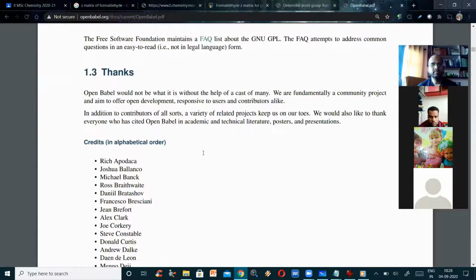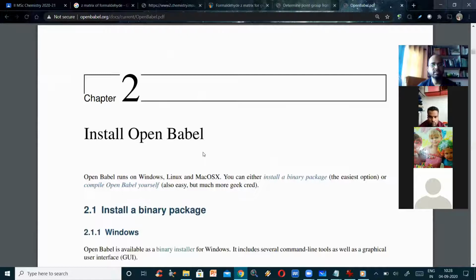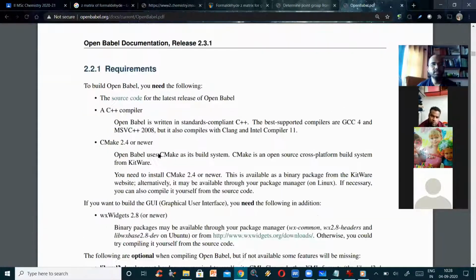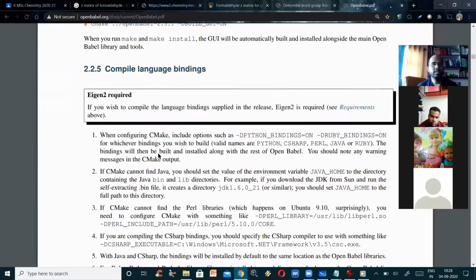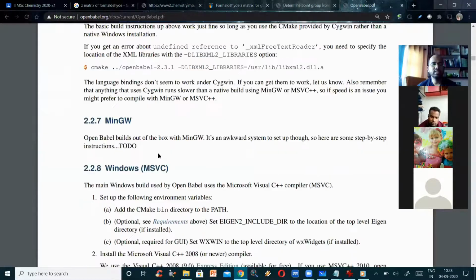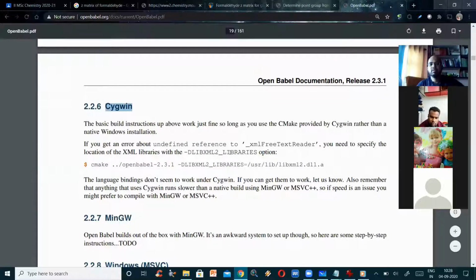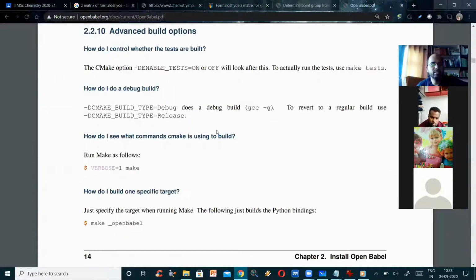You don't have to worry. Here is the number of authors. So many authors have contributed their knowledge for computers. How to install OpenBabel is there. In Windows, you have this. If you have the exe file, you need not do any compilation. All this is for the experts, who are compiling and then installing. And if you find time, you should know what Cygwin is. Chemistry people often use this, so you should have knowledge of Cygwin and Python. These two things are there.